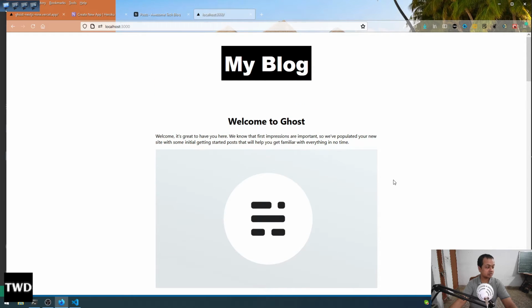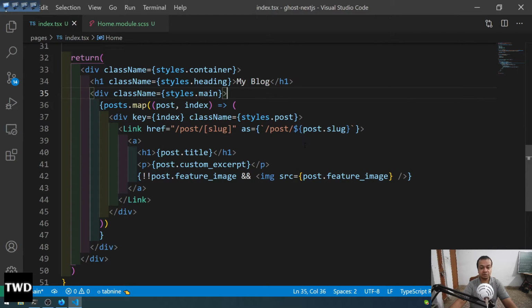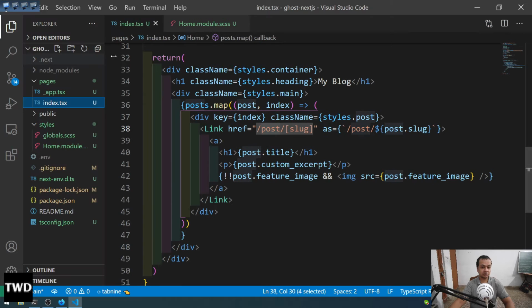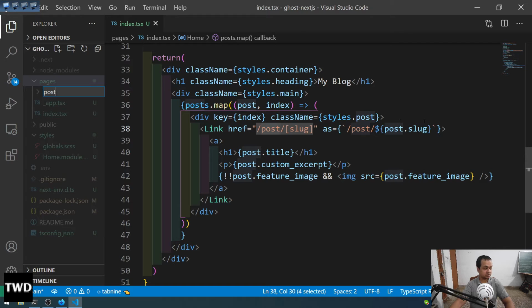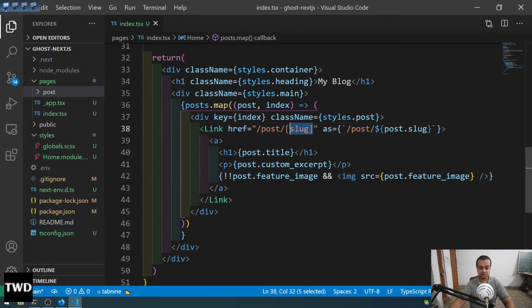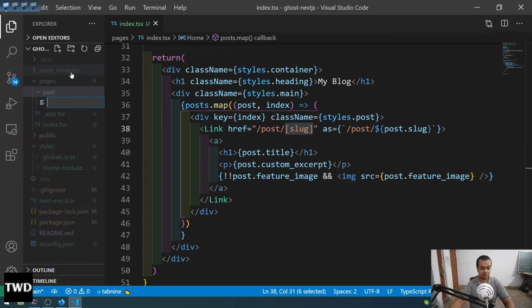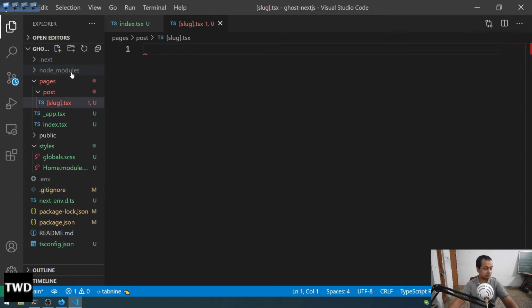Okay, so now we will have the main functionality, which is very important here. When you click on it, this is just the small description. We want to see the whole post. So as you might have guessed, we'll do the same thing which we always do. See, this post and slug is there. So what we need to do, we need to have this post as a folder, and this slug dot tsx as a file there. Okay, so